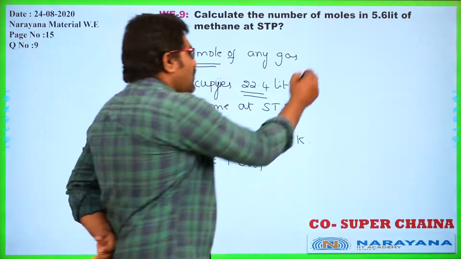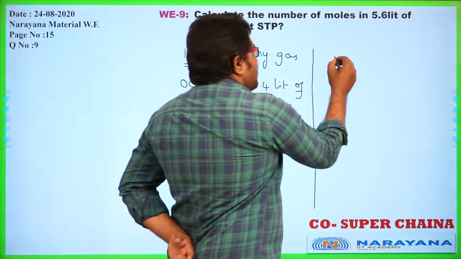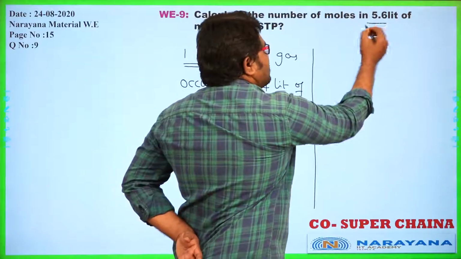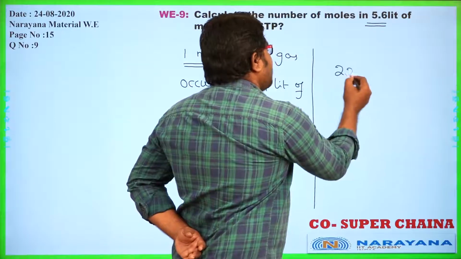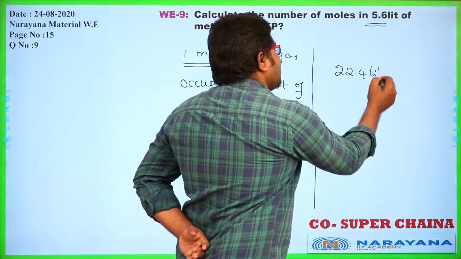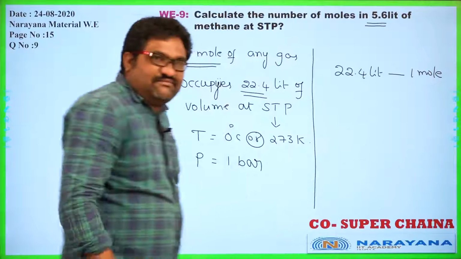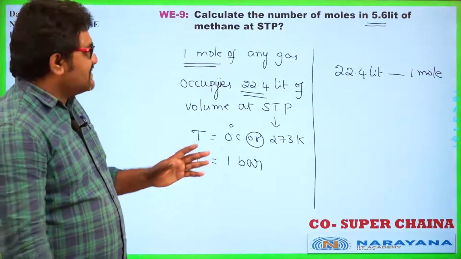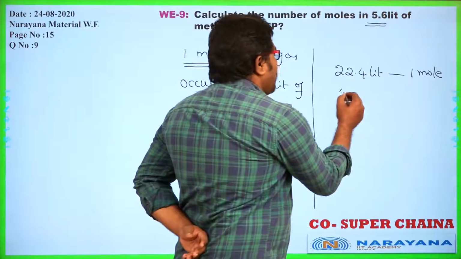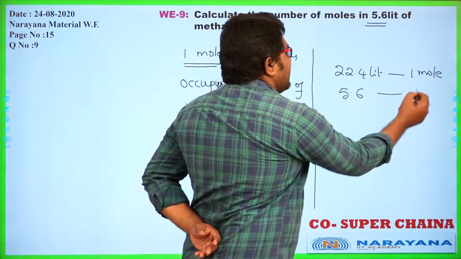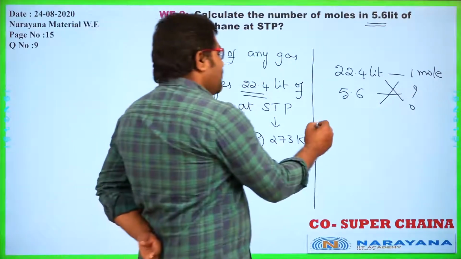So, from that conclusion, we can calculate the number of moles in 5.6 liters of methane. If it is 22.4 liters, then that should be equal to 1 mole, not only methane, any gas. At STP conditions, 1 mole of gas occupies 22.4 liters. So, if it has only 5.6 liters, then what is the number of moles? By cross multiplying,